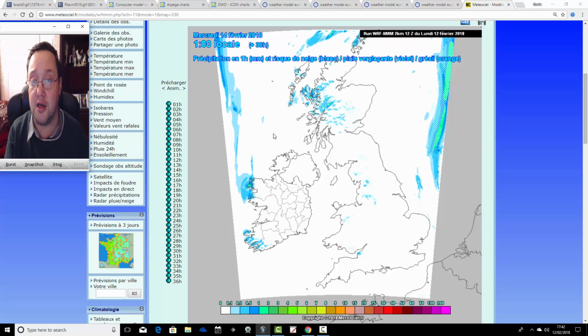For northern England, one or two of those models are a little bit indecisive, but I think there'll be snow through northern England, particularly northern parts of northern England, if you like. But I suspect there'll be snow quite widely across northern England. Wintry mix for Northern Ireland, wintry mix for Wales, and then from the Midlands and down into south and southeast,